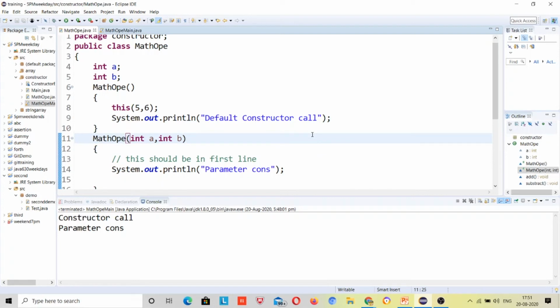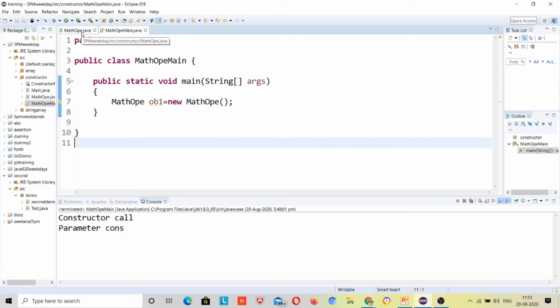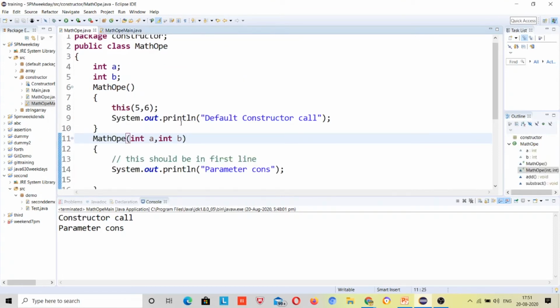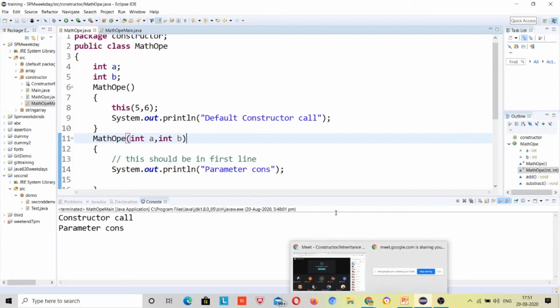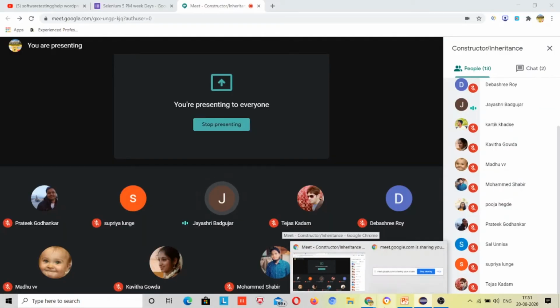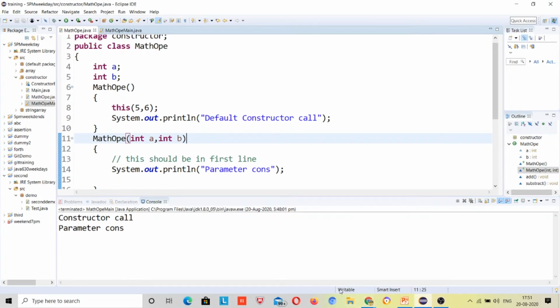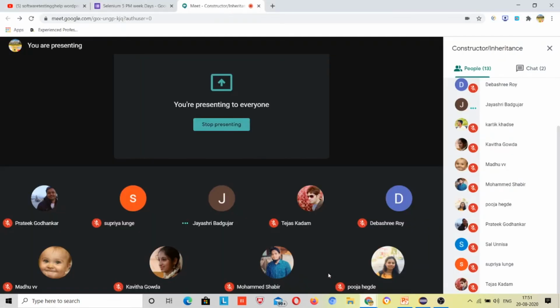First parameterized constructor and then default constructor. Why? Because in the method main, these 5 comma 6 means these a and b parameters are given, then the parameterized constructor is printed, and after that the next line, the this keyword, gets printed. That is default constructor. Okay.